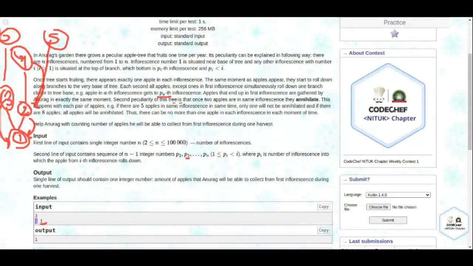आ जाएगा, यानी उसकी वैल्यू क्या है 1। ओके, इट मीन्स जो उनका पेरेंट है उसमें आ जाएगा। Apples that end up first in inflorescence are gathered by Anurag exactly at the same moment. जैसे ही 3-2 वाले नीचे आ जाएंगे वैसे ही अनुराग जो है उनको ले लेगा, मतलब उठा लेगा, ठीक है। Second peculiarity is that once the 2